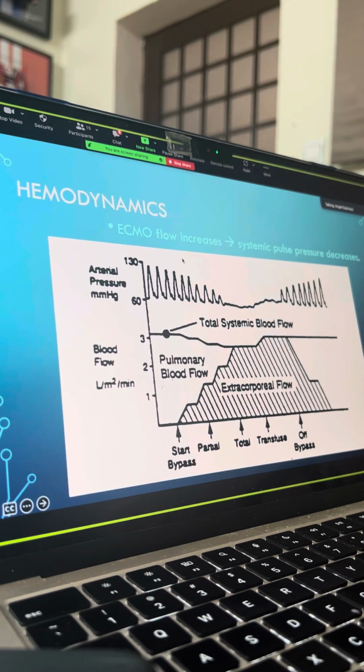So this is what happens when we increase the ECMO flow in our patient to do a veno-arterial ECMO. Initially, the patient has its own blood pressure. Then the patient is going into shock. We begin to increase the bypass and the veno-arterial ECMO, and the total systemic blood flow, you will see this is the cardiac output, liters per minute per square meter. We achieve a good cardiac output around 2.5 to 3 liters per minute per square meter, and the pulse disappears because the cardiac work is not being done by the heart, it's being done by the machine. We lose our pulse pressure. After the time when we are